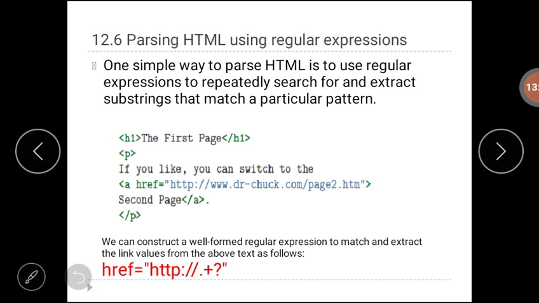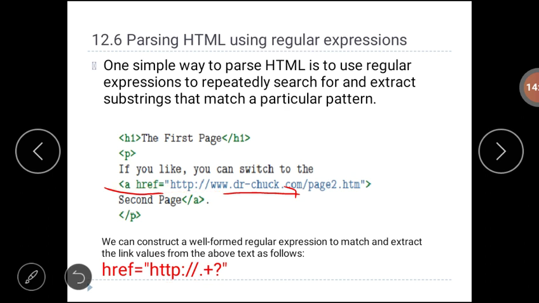Okay, here we have the HTML code. href, a means that is the hyperlink. It will extract all the hyperlinks given in that web page. Now how can you write the regular expression for that? Here, you can write the pattern or regular expression like http colon two forward slash, then dot plus and question mark. Here dot plus question mark indicates that the match should find the smallest possible matching string.